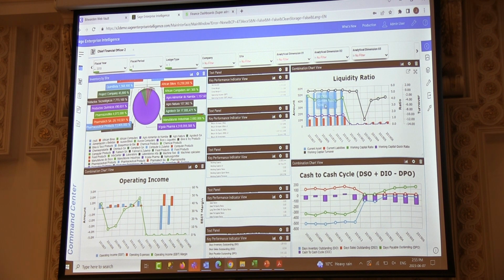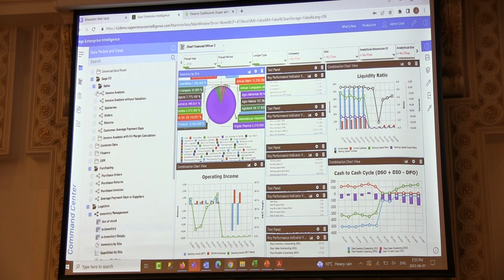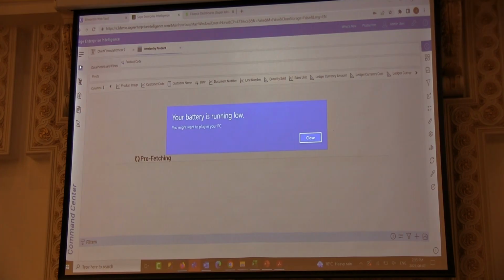Then comes the sharing and distribution. So each visualization within SEI gives you the ability to easily share and distribute these dashboards or reports. So let's take invoice analysis, for example, where this is something very interesting for those of you who are dealing with the